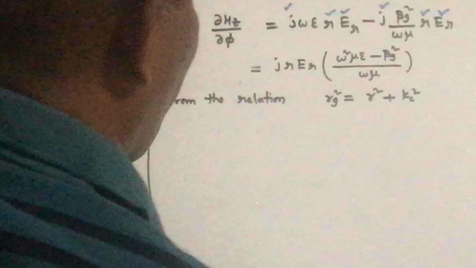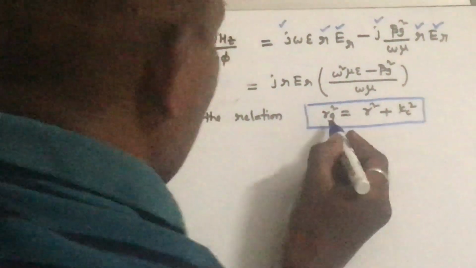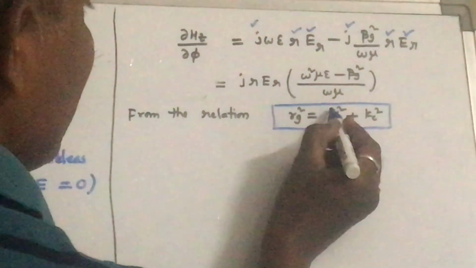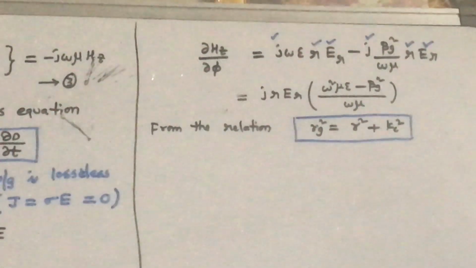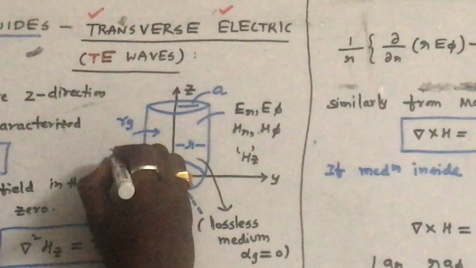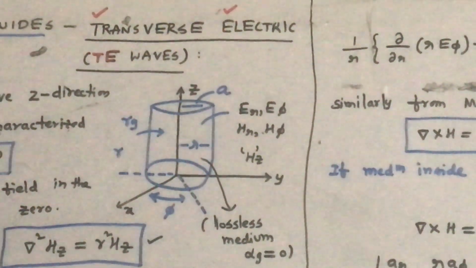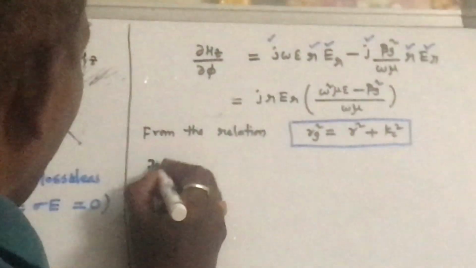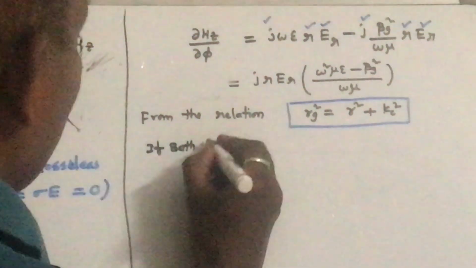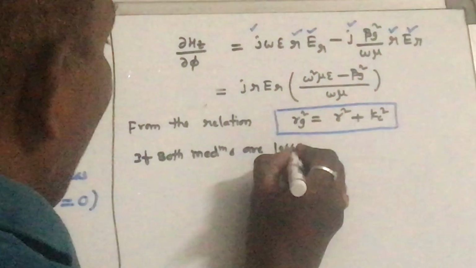This is the relation between the propagation constant inside the waveguide and the propagation constant outside the medium. Coming to this diagram, gamma G is the propagation constant of the medium inside the circular waveguide. Gamma is the propagation constant of the medium outside. If both mediums are lossless,